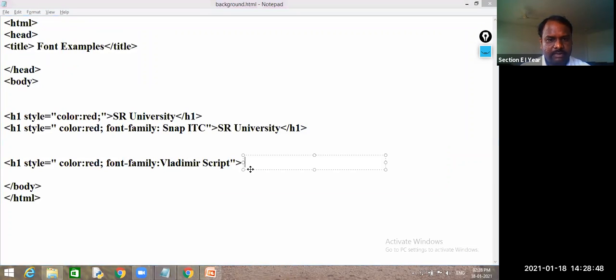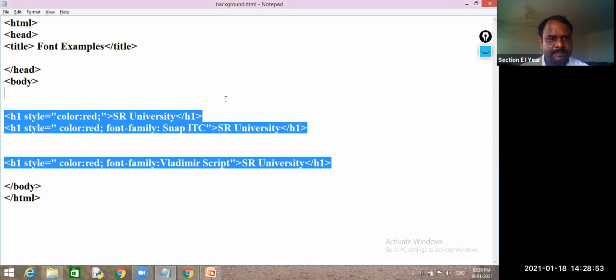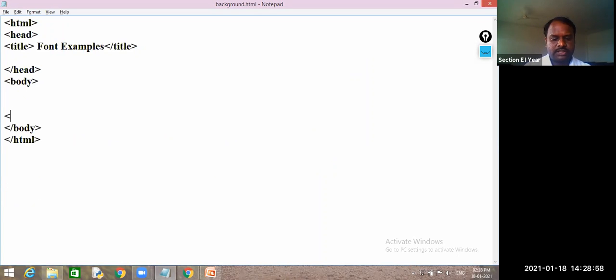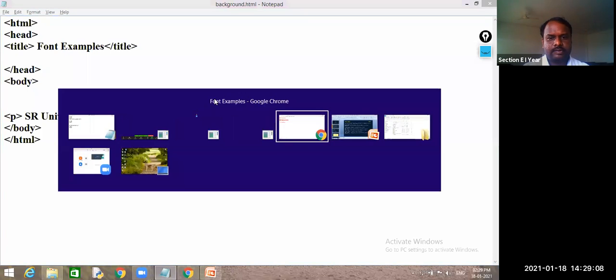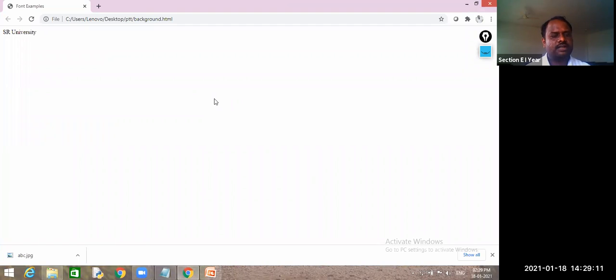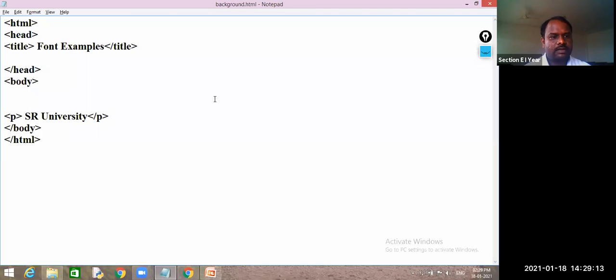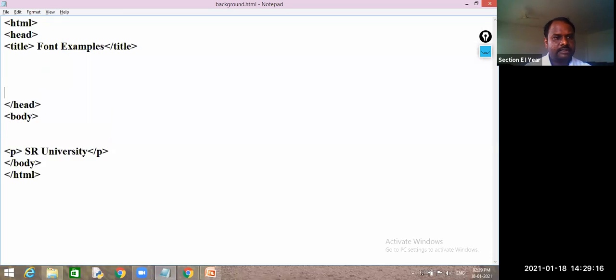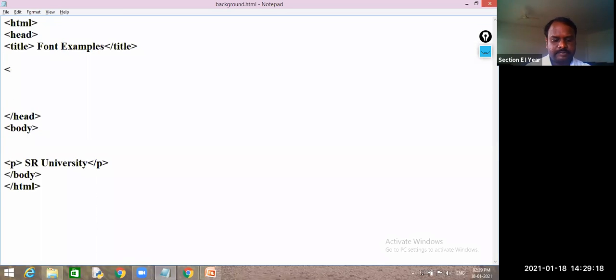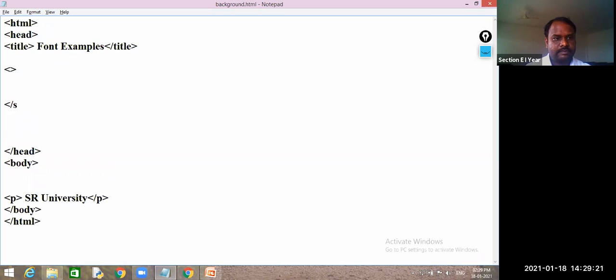See guys, I will remove this one and we'll go for inline, as in the previous way, internal. So I will use paragraph SR University, and close this paragraph. This is very small in size. Which tag do I need to write here?